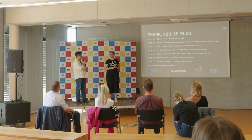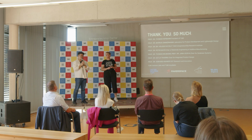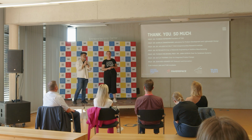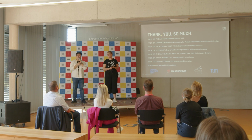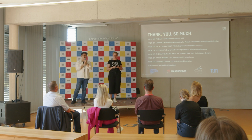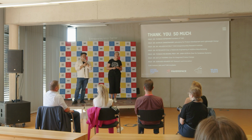And in addition to that, we would like to thank the people who have made the batch possible. Professor Thomas Hoffman, President of TUM, Professor Markus Zimmermann, Laboratory of Product Development, Lightweight Design, Professor Holger Patzel with the TUM Entrepreneurship Research Institute, who not only supplied resources but also the space itself. Professor Peter Meyer, Chair of Materials Engineering of Additive Manufacturing, for supplying resources, helping with the Venture Lab, and supplying me. And Professor Thomas Neumann,